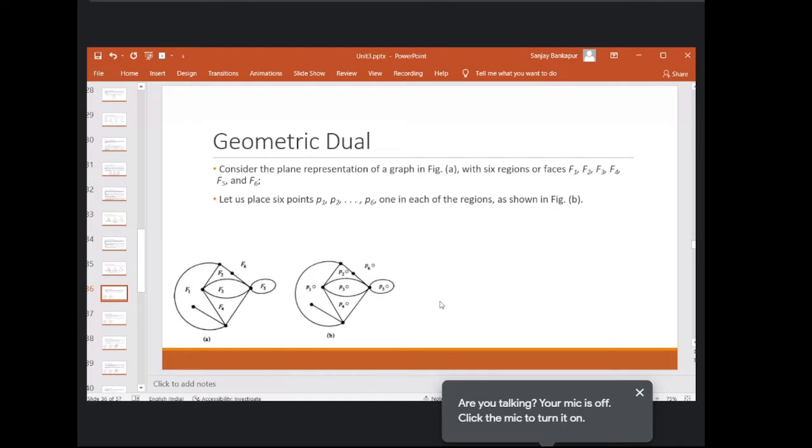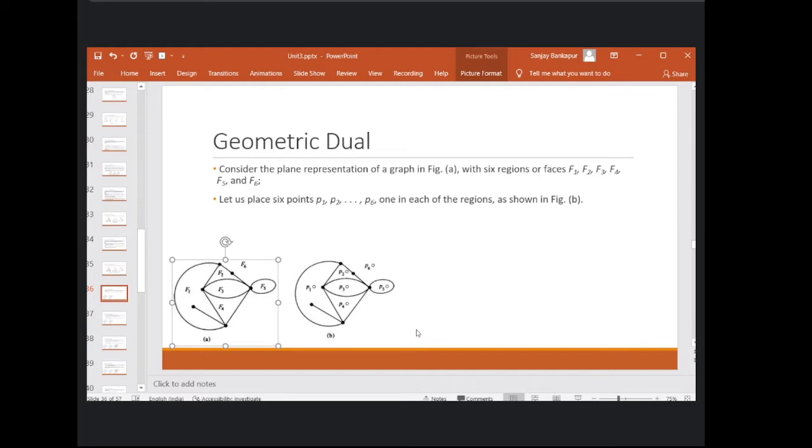So this given graph having 6 regions or 6 faces, now we will try to find its dual. Not just dual, geometric dual, because there is an embedding on the plane. That's why geometric representation will happen. It's not just abstract. So we'll try to create a geometric dual for this. The first step is to replace those regions with points. So I have enclosed this point.